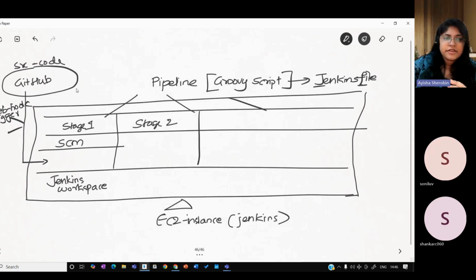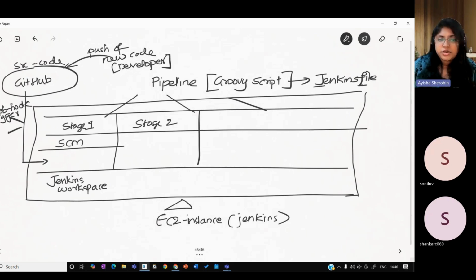That means whenever somebody, the developer, does a push of new code. The developer is the one who puts the code into the GitHub remote repository. So whenever a developer pushes new code, it would trigger the webhook trigger to start this pipeline, the job which we have defined in Jenkins. Apart from this webhook trigger, you can also have one more, which is called